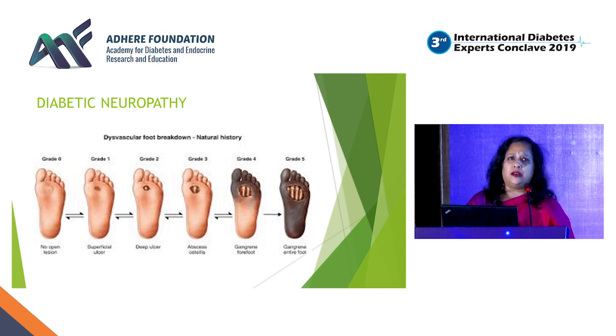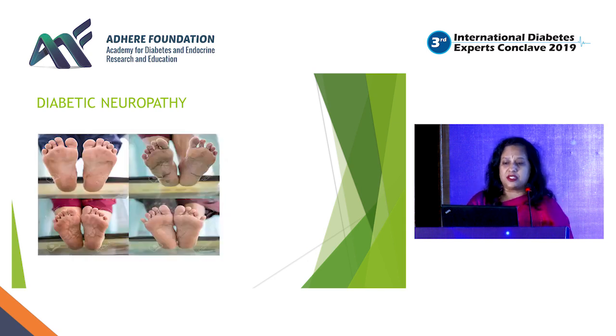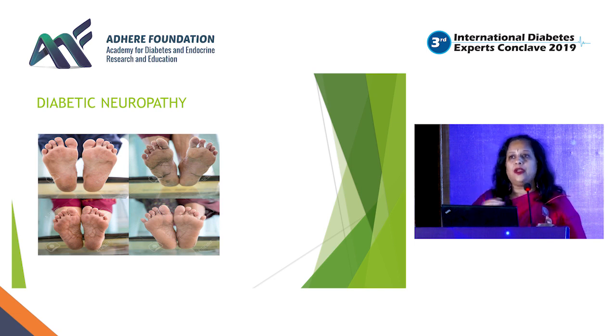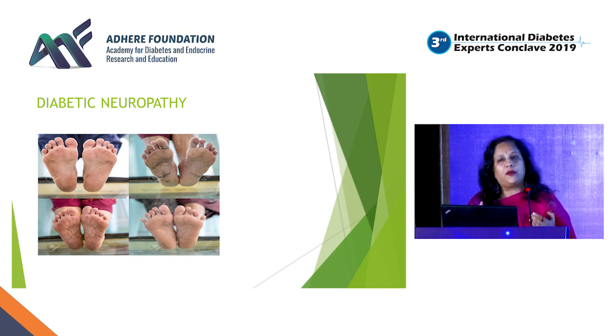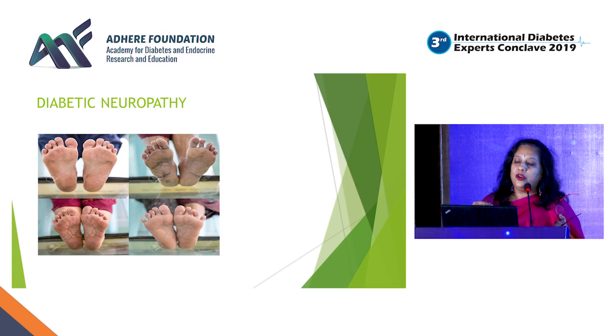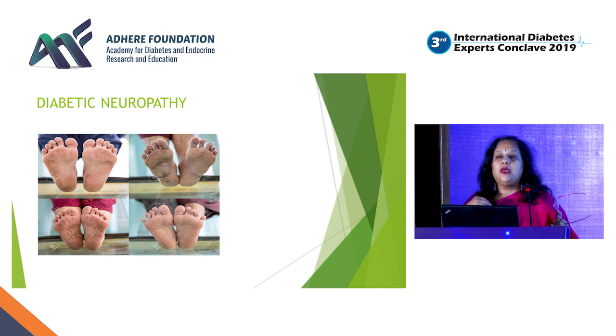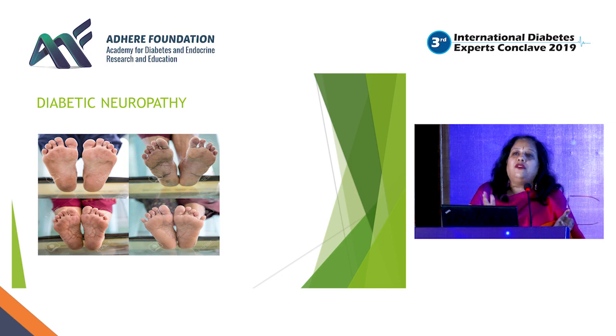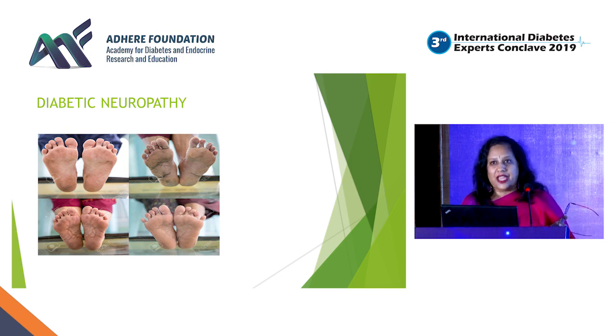In fact, I have had a lot of discussions with the surgeons, because surgeons want to do conservative surgery when it comes to these patients. They will only start with one toe, then they will go to mid-foot, then maybe above the ankle. But when we can prove that this patient already has a severe peripheral neuropathy and osteomyelitic bone changes have set in, maybe they can go in and do a little more radical amputation, because that will help us get better glycemic control. Because the patient keeps hoping that, okay, even with this sugar, maybe my foot can be saved, but that is not